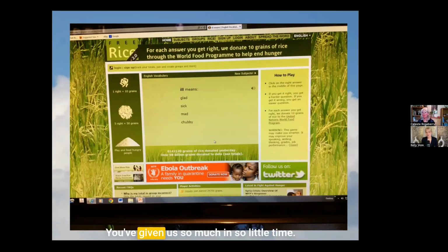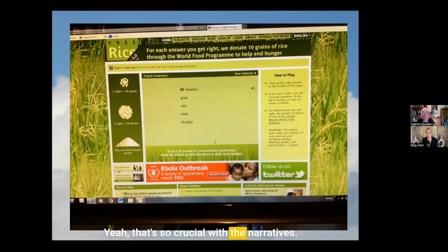That is wonderful. You've given us so much in so little time. There's one area that we haven't had time to discuss, which is narrative development and the importance of the complex sentences at the preschool level and the importance of narrative development at the elementary school level. What are your thoughts on narrative development and that as a goal in improving language outcomes?